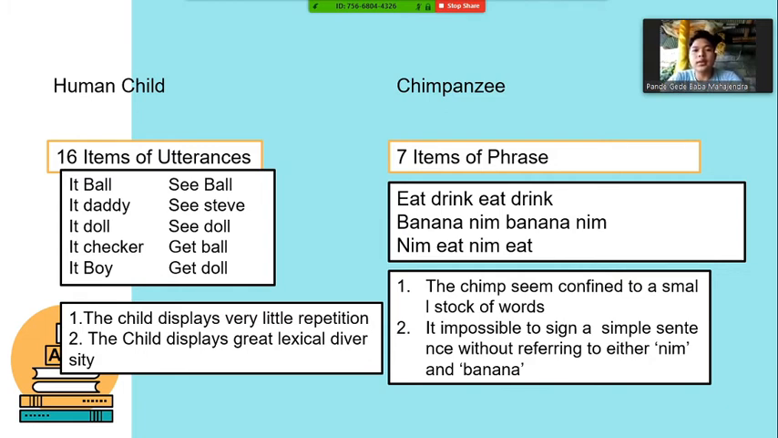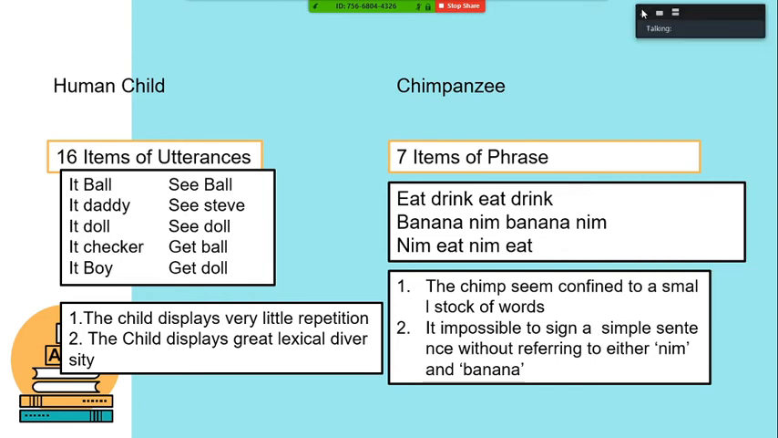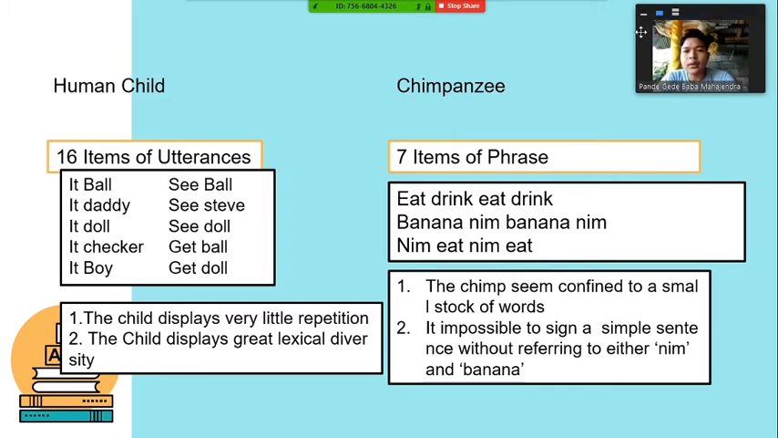Actually, there are 16 items of utterance compared with 7 item phrases used by the chimpanzees. As you can see from the slide, the human child uses small phrases, which are very meaningful, which are ball, daddy, doll, checker, boy, and then the other phrases. And from the other side, the chimpanzee uses the same phrase, but actually, as you can see from the definitions below,